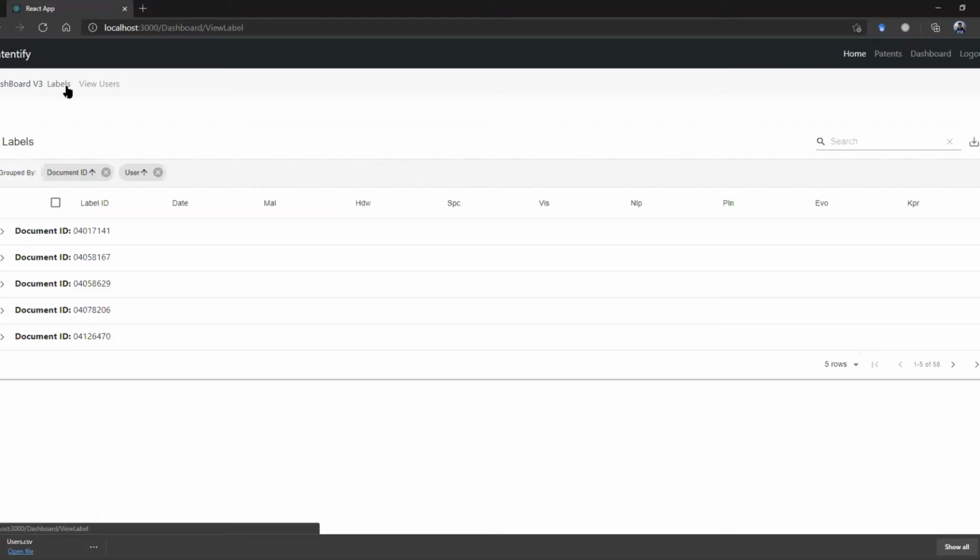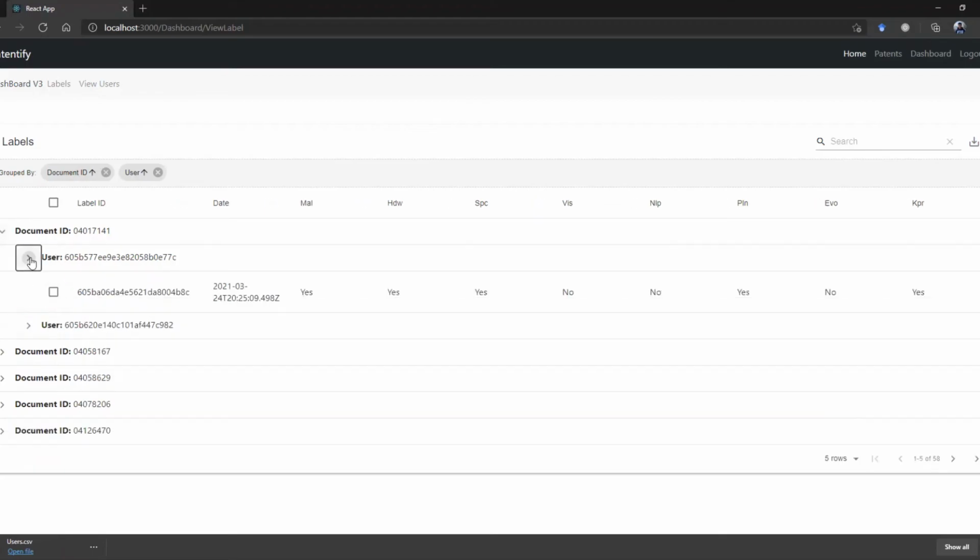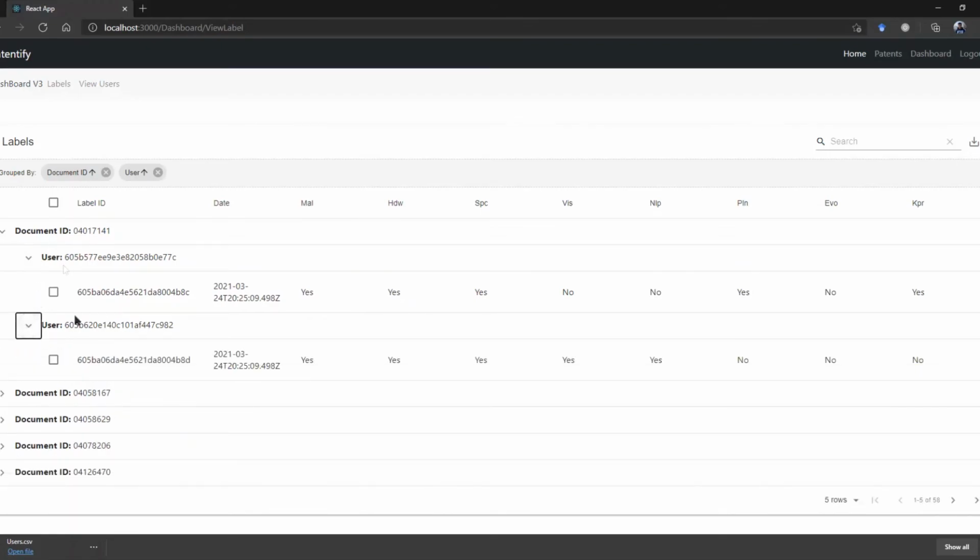In the Labels tab, we have a list of all the annotations that have been made for each document by different users. We have grouped the table by document ID and then by users. So for each document, we can look at the users that annotated the document. And within each user, we're able to see the timestamp of the annotation as well as the different values for the categories they put. As you can see, two different users annotated the same document, and there might be some